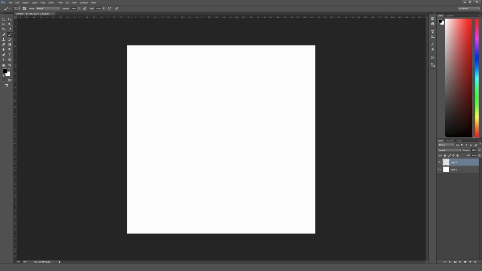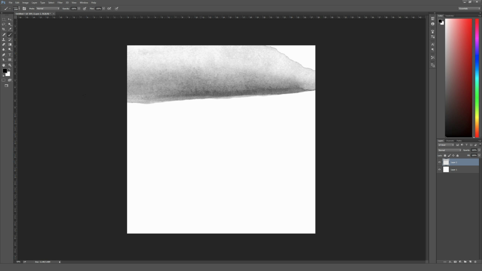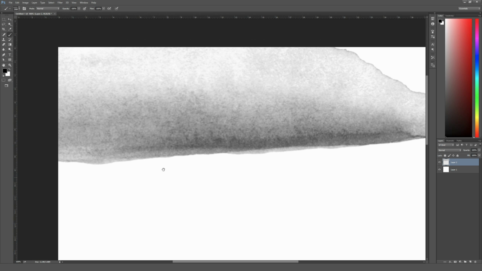But I've already got these loaded up here, so I'm not going to do that. So I'm just going to click right here on one of these brushes so you can see how these look. And I should note these brushes are pretty darn big too. They're 2500 pixels on their longest side across the board, so it should be plenty big for most print or